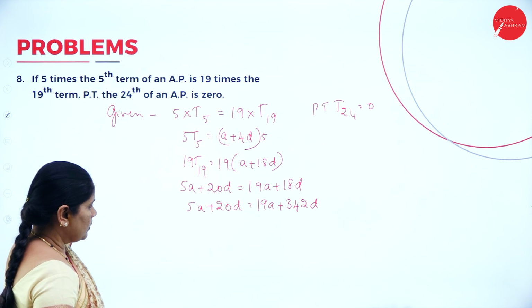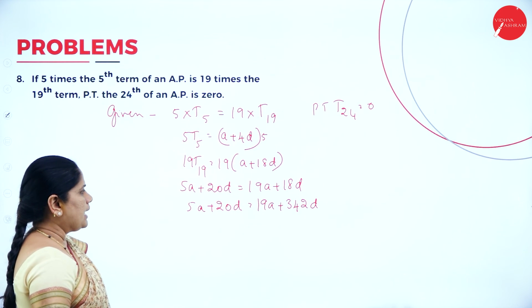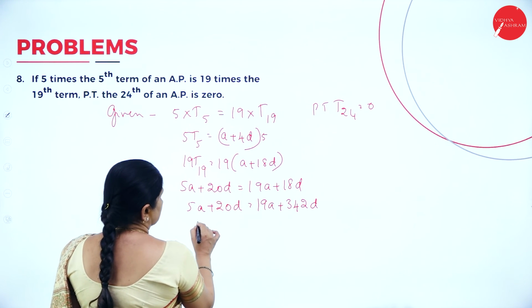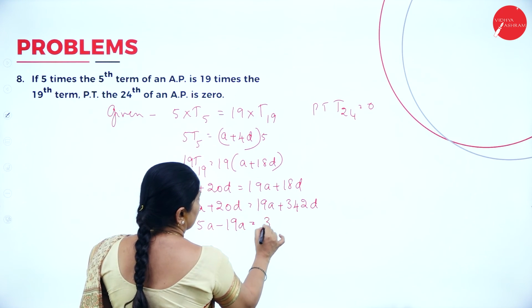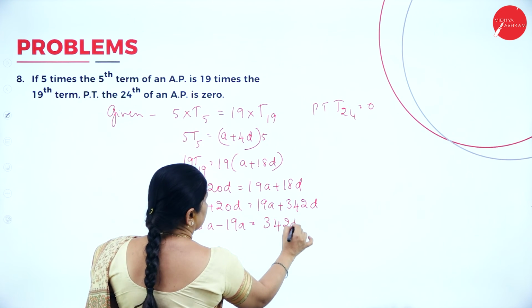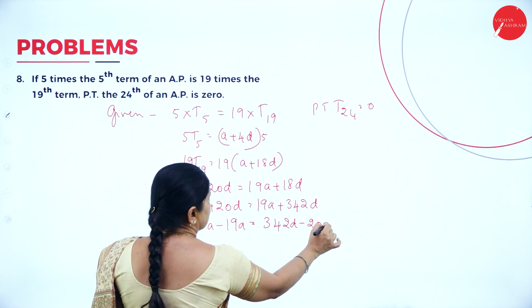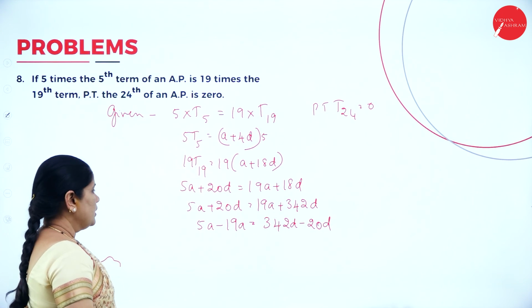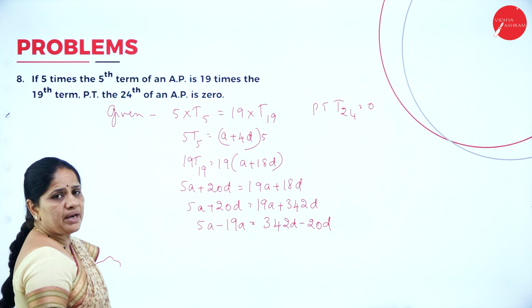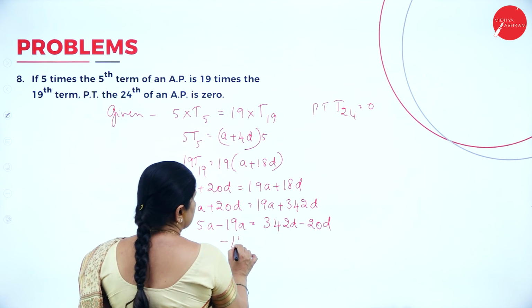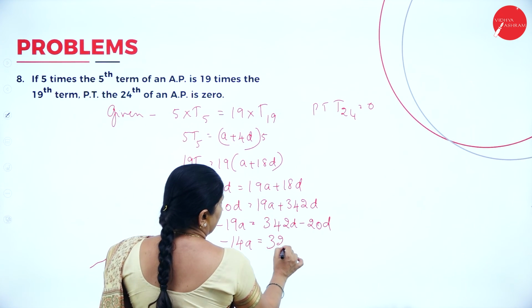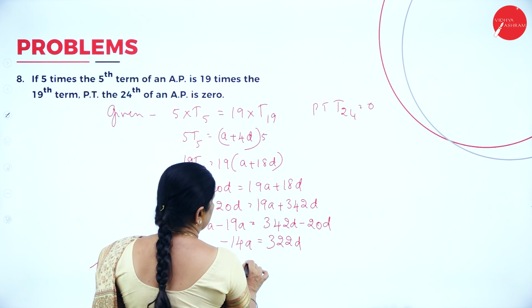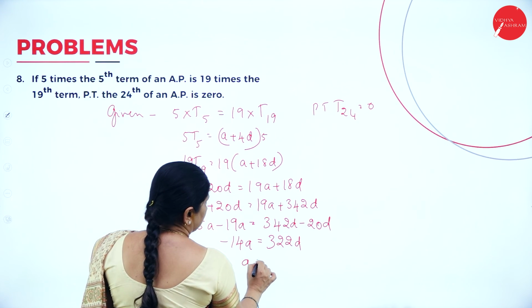Now what I will do is I'll bring this A this side. So 5A minus 19A equals 342D minus 20D. So 5A minus 19A will be minus 14A, which will be equal to 322D, or A will be equal to